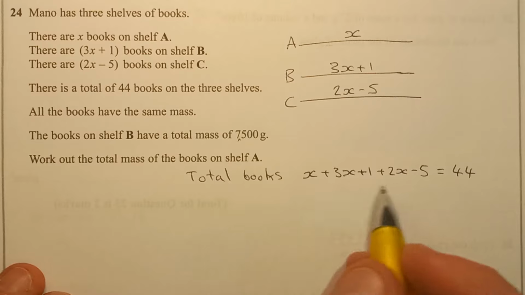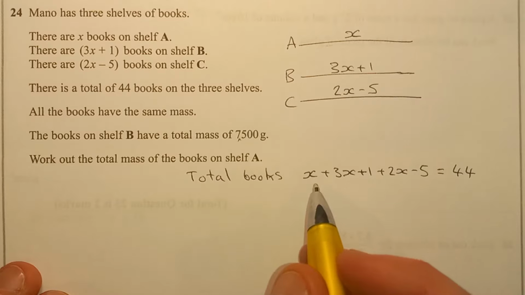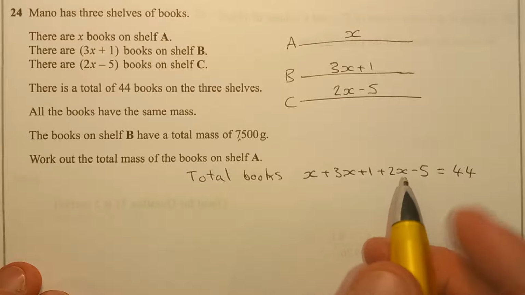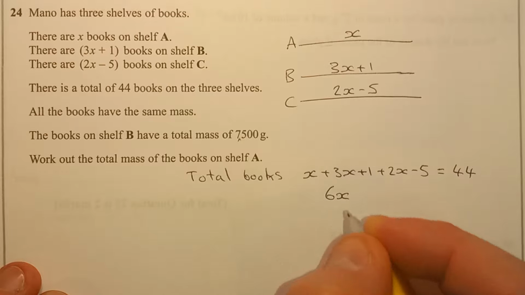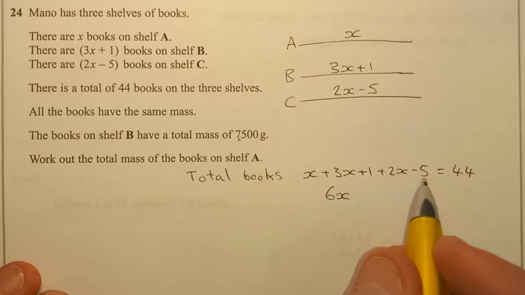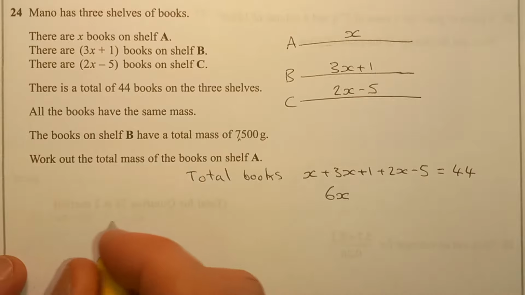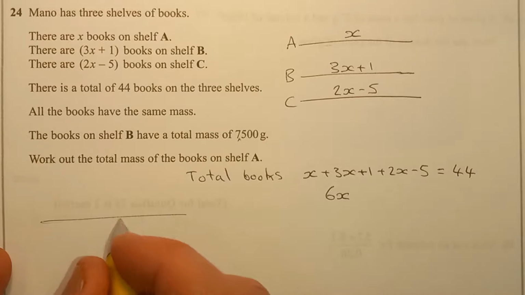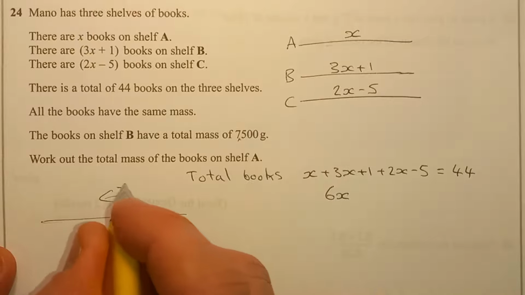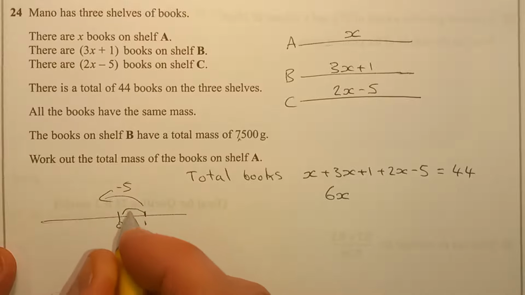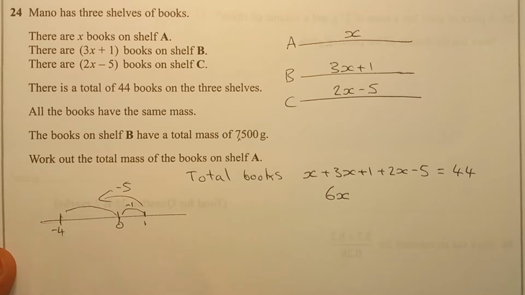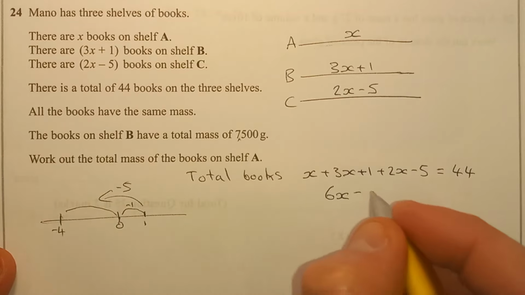So now let's get our x's together. We've got 1x here. We've got 3 x's. So 1 and 3 is 4. Plus another 2 x's. So we've got 6x here. Now we've got 1 minus 5. So think of a number line. If here's 1 on the number line, we've got to take away 5. Well, it's going to use up 1 to get to here, and we'll have 4 left to get down. So we're going to have 6x minus 4